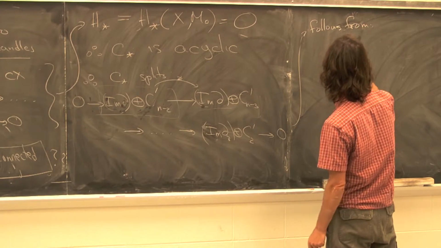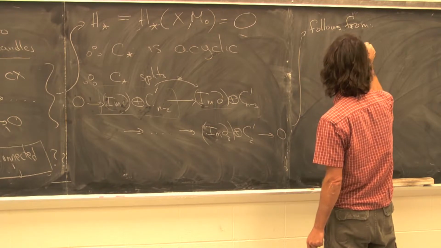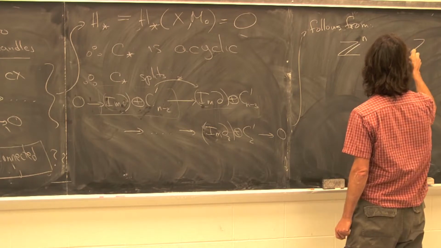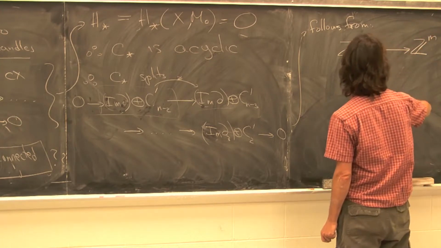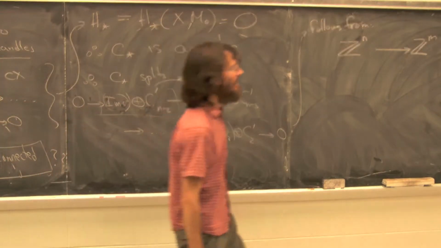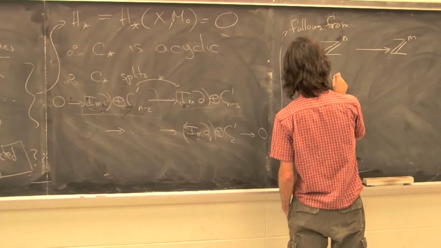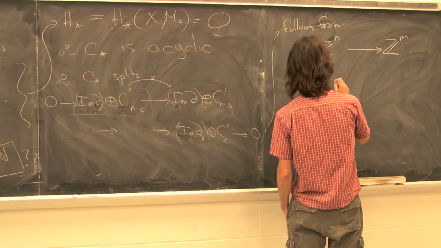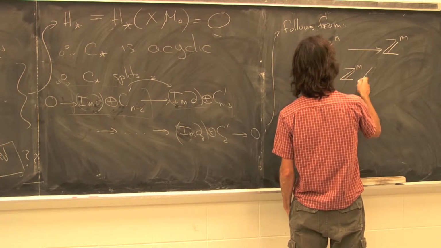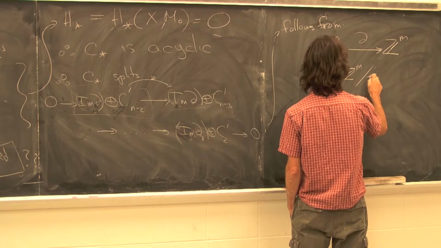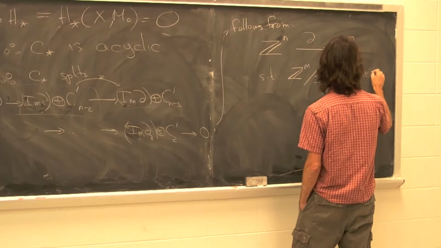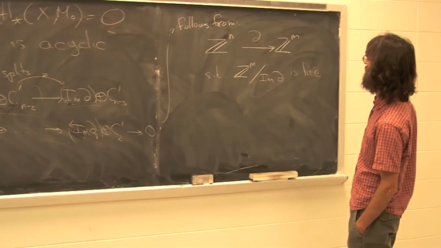If you have a map from Z^N to Z^N, if I have a homomorphism, it's critical that these things are all free abelian, right? Such that Z^N mod the image of the boundary map, let's call this a boundary map, is free. That's what I want to say. Then